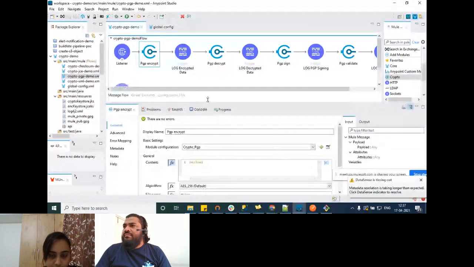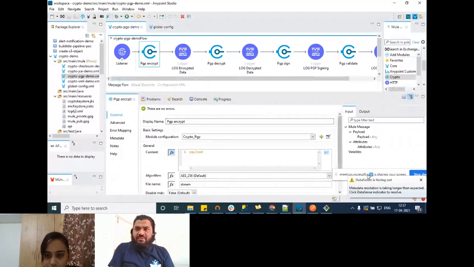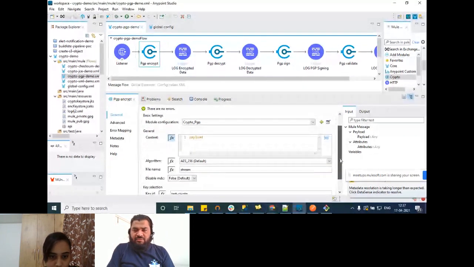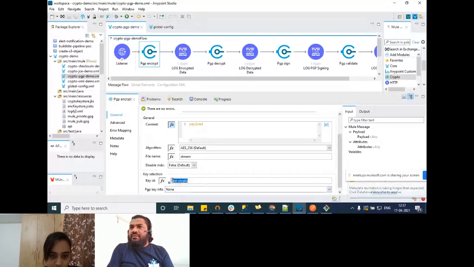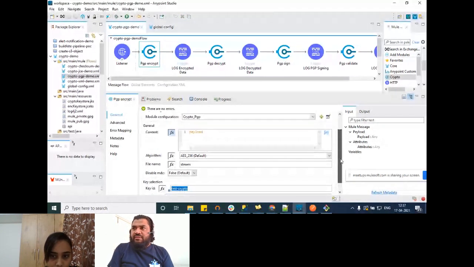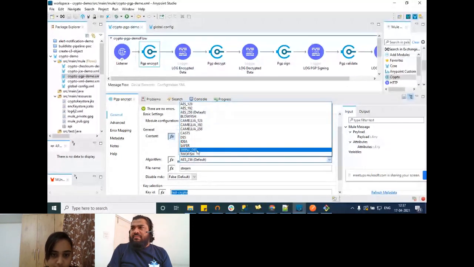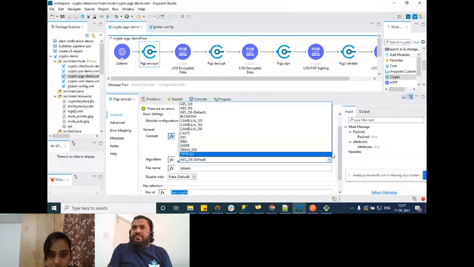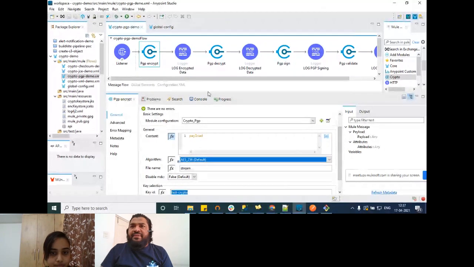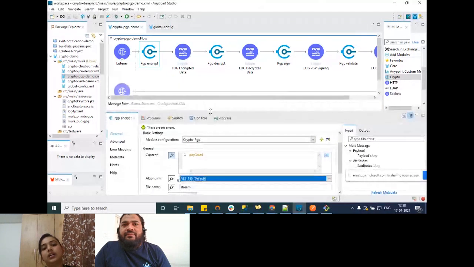Okay, so the key ID which we created in the configuration, we need to pass the same key ID over here. We just need to mention the key ID which we need to use for encrypting the message. Then the other fields, like the algorithm which we want to use. I've kept it as default, but it depends upon the application; we can make use of any algorithm. If you see, there are various algorithms supported over here for encryption, like Blowfish, DES, and so on. So it will encrypt the data by making use of the key and algorithm mentioned.